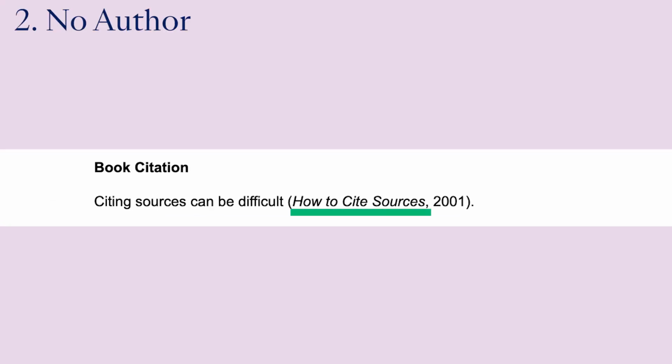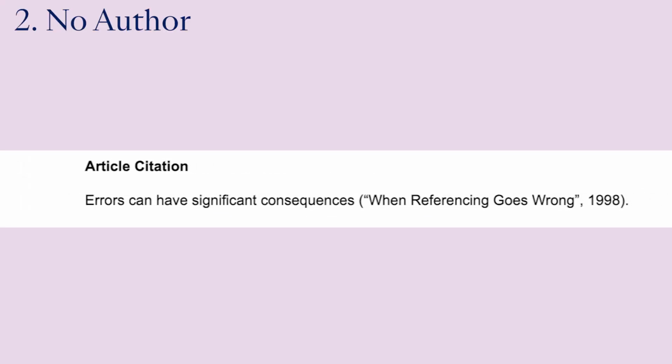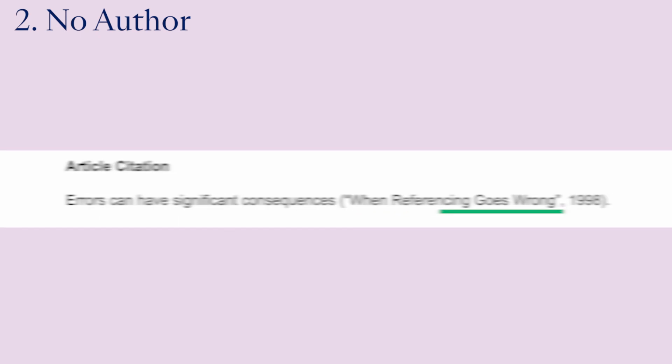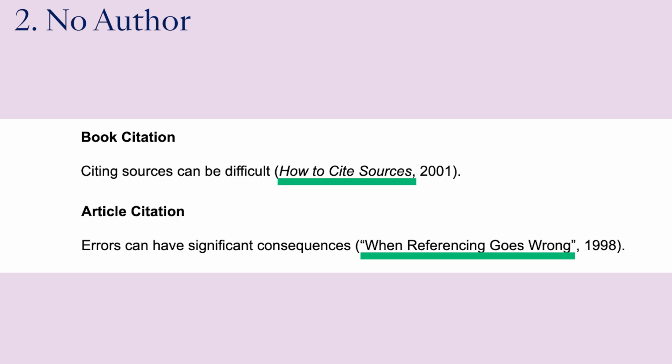How you present the title in the citation will depend on a few things. For books and other standalone sources, titles should be italicized. For shorter works, such as articles, the title should be placed in quotation marks. In both cases, you should use title case for the titles, which includes capitalizing all major words. In addition, longer titles should be shortened in your citations.